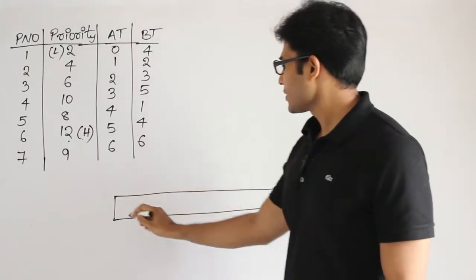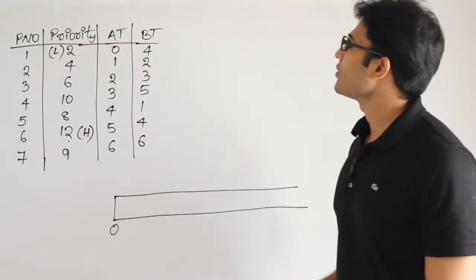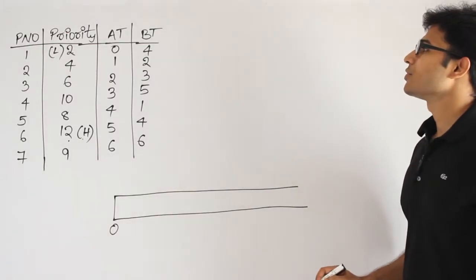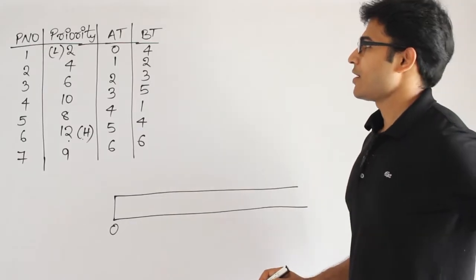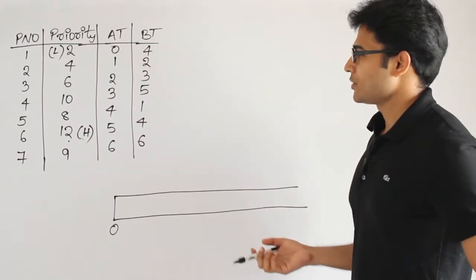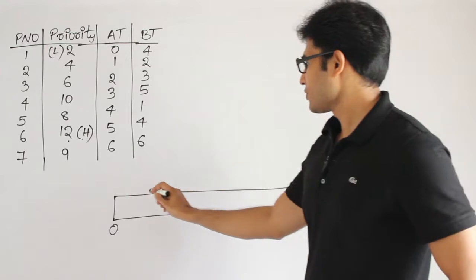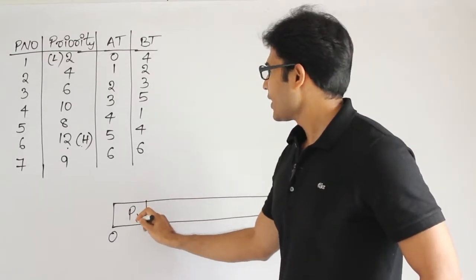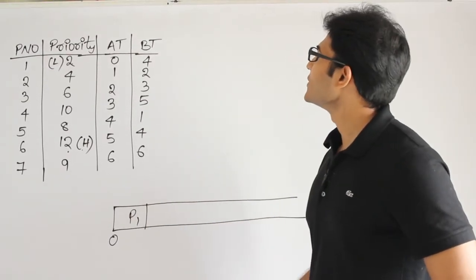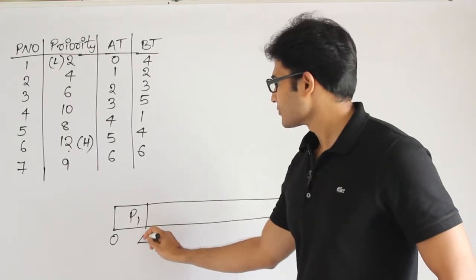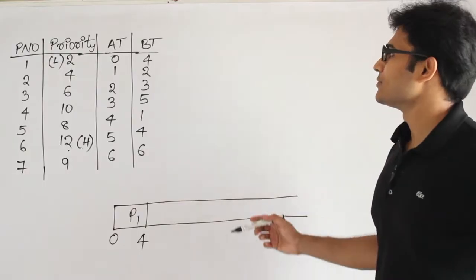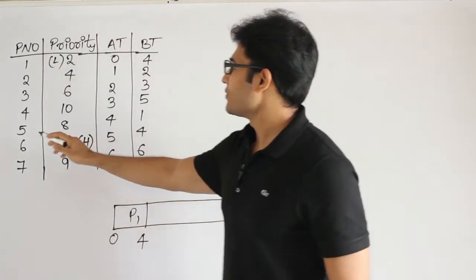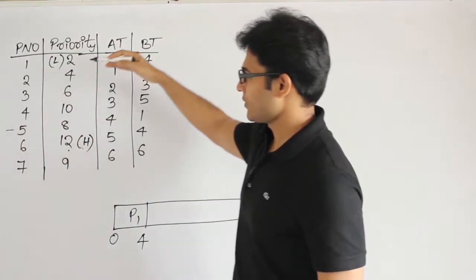So I'm going to start at time 0, and at time 0 process P1 has arrived, and its priority is 2. I don't have any other option now, so only one process is available, so I'm going to schedule process P1, and it is going to finish at time 4, therefore 4, right? Yes, now by the time 4, till P5, all the processes are available, 2, 3,